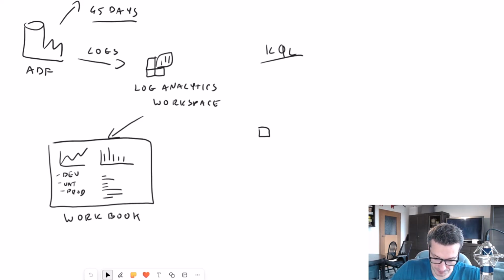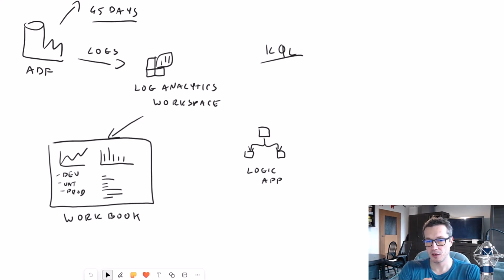So what we could do is again create a logic app, but this one would use a different type of trigger. So no longer it would be triggered from a data factory. No, here we would use a time-based trigger. So let's say every hour or every day or every 6 hours, whatever schedule works for you, this logic app will query